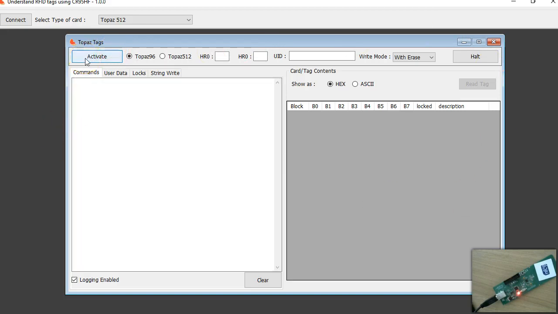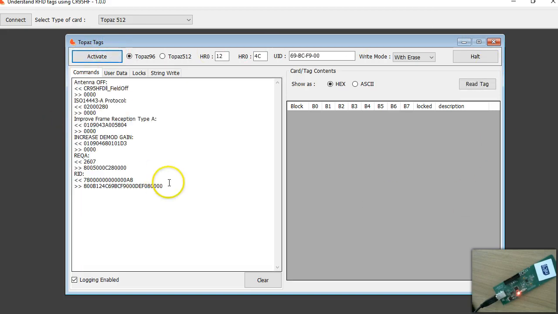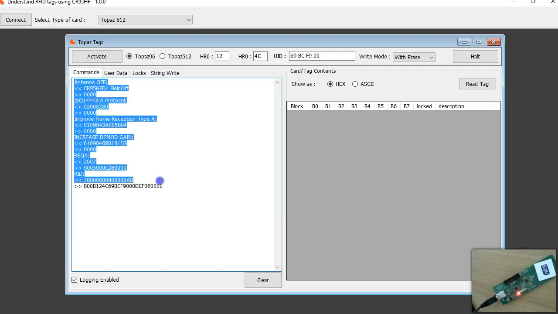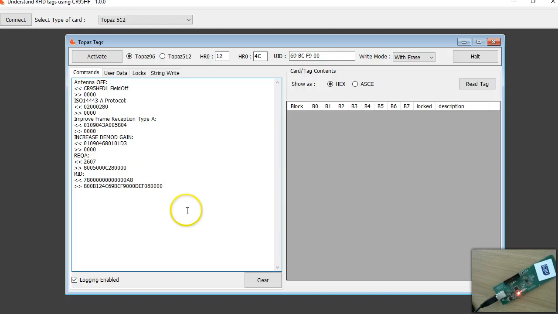So the first thing I'm going to do is the activate, and as you can see here, these are the same commands that are used in that development software. The only thing is it is probably much neater. So you can see that I've got antenna off, then selecting the protocol, and running these two performance commands, then sending the REQA followed by the RID. So this is the data we get,